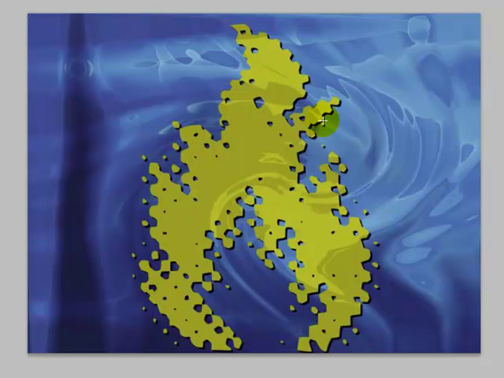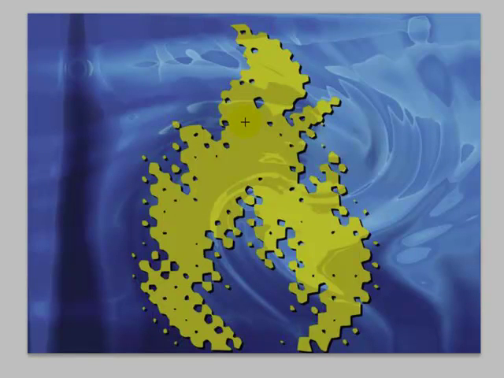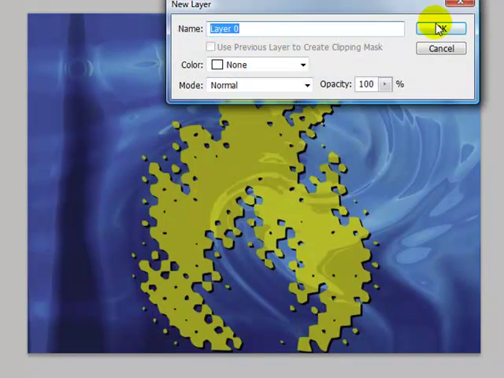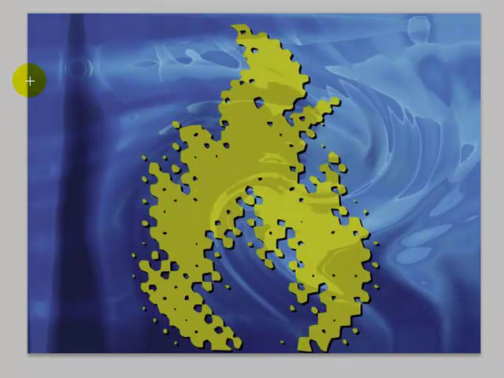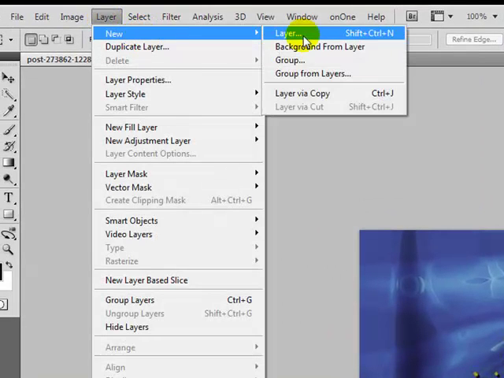So we have our picture, we have it dropped in, and we have the picture we want. We have everything set up. So I'm not going to resize this because I want to show you guys the difference in before and after. So the first thing that we're gonna want to do is start a new layer,